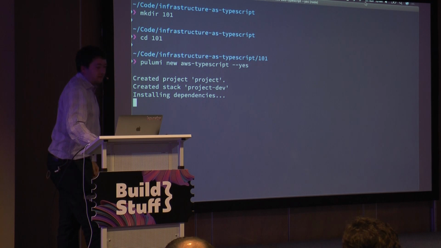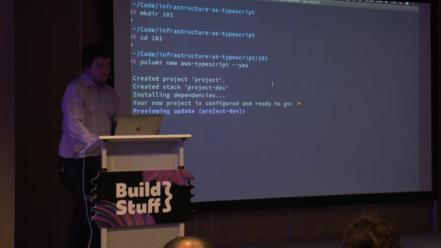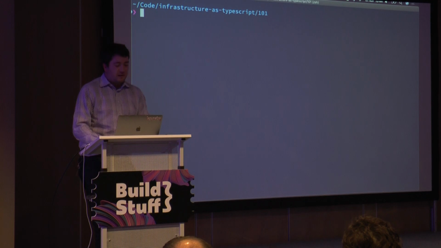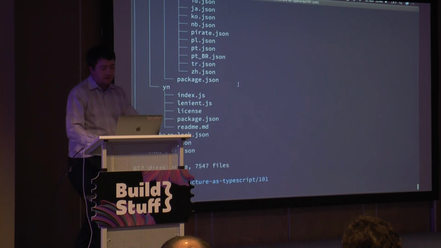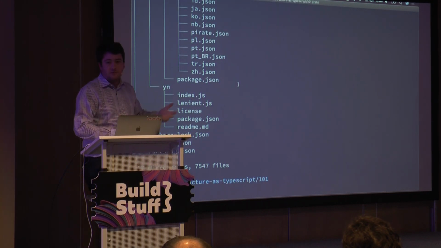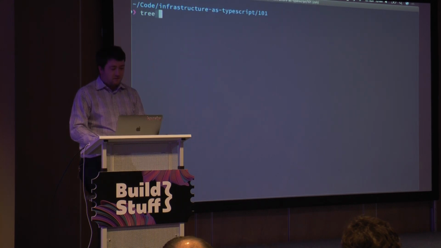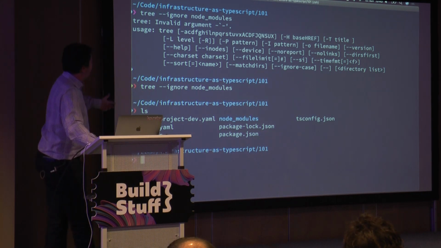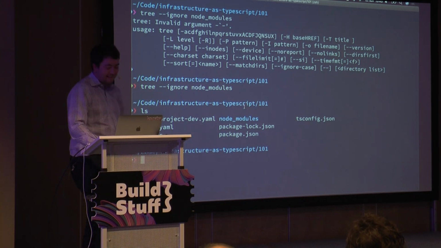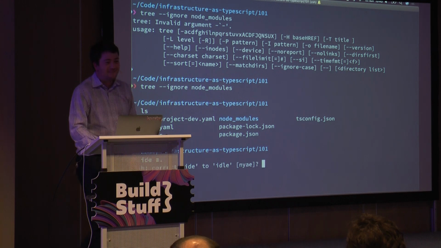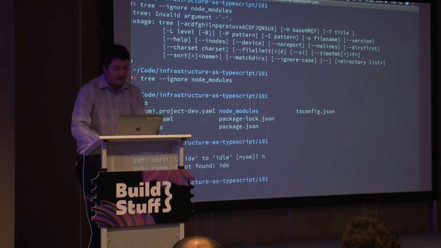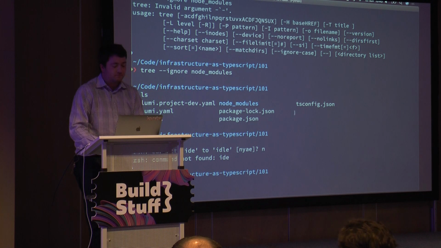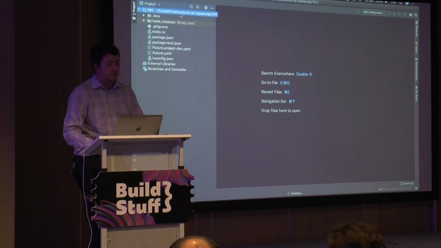So I can see the network monitor up here going crazy for a second. Okay, cool. So now, because it's again Node, we have the Node modules folder, which means tree is useless. So tree, ignore Node modules. Okay, we have this stuff. That was close enough, I guess. We'll get an IDE up, sorry, and go look at what the code looks like.